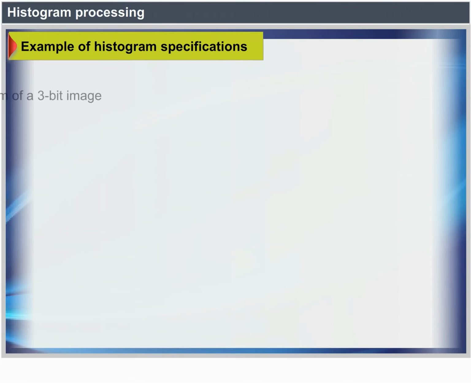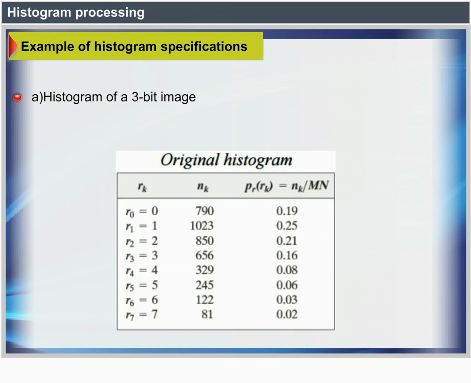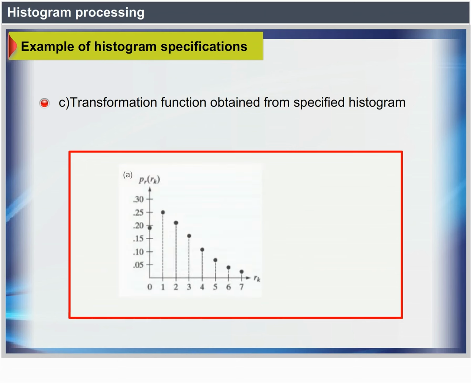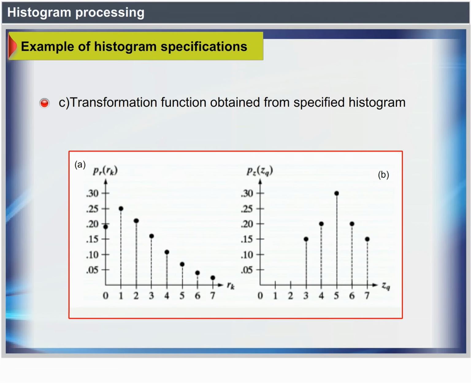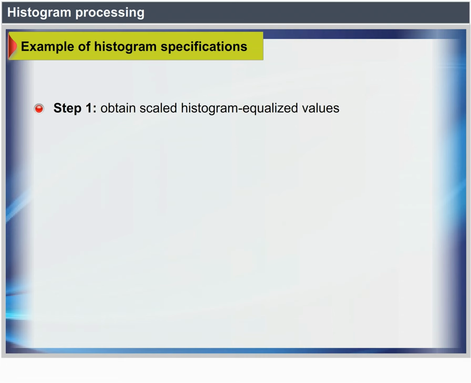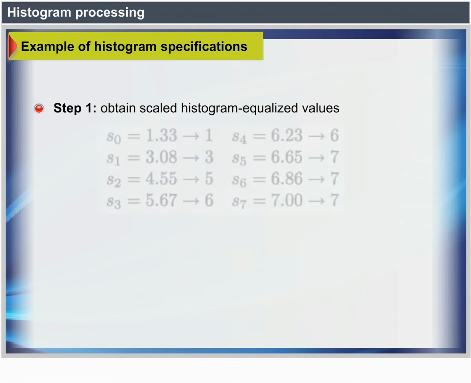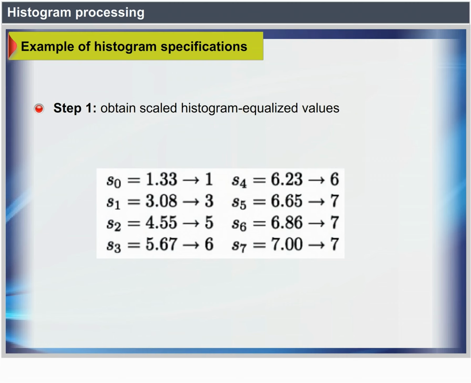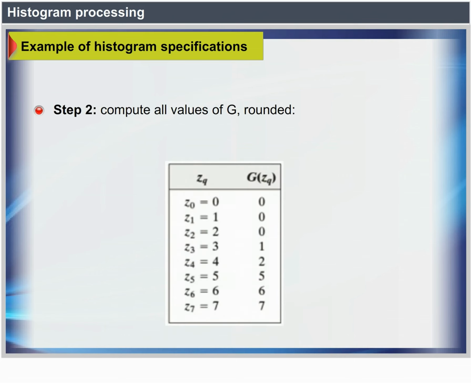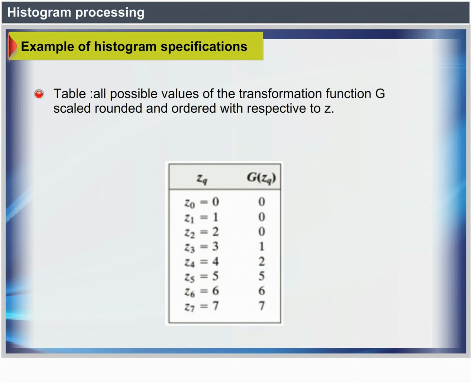In the table shown, all possible values of the transformation function G are scaled, rounded and ordered with respect to z. Step 3: for every s_k, find the smallest value of z_q so that G(z_q) is the closest to s_k. Step 4: use the table to map pixels in the histogram equalized image into pixels in the new histogram specified image. Values of the resulting histogram will be: